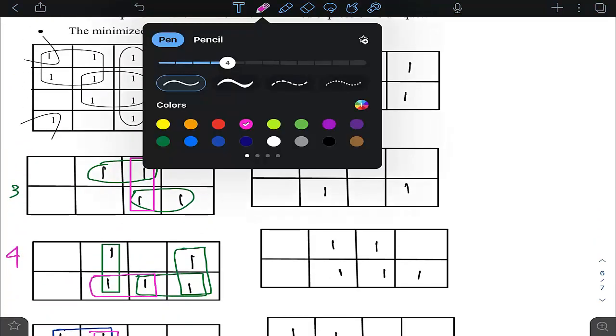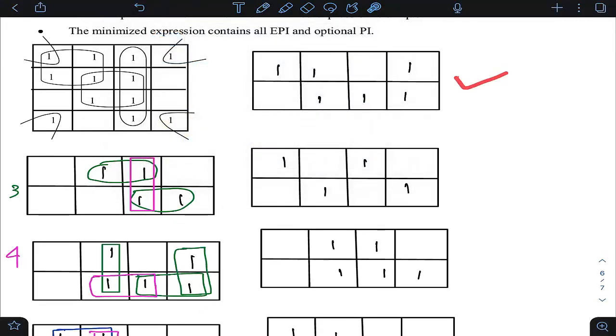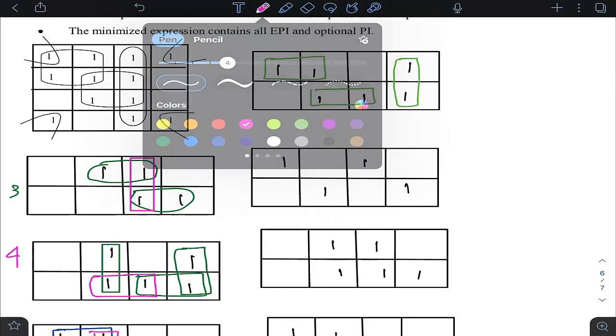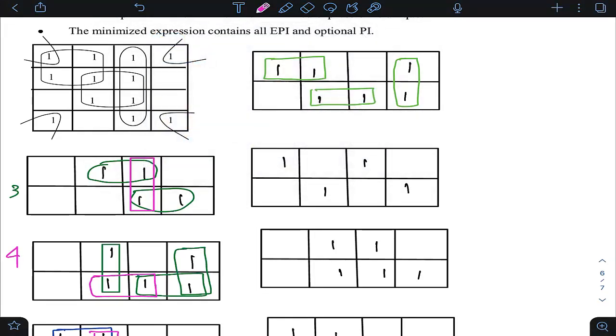Similarly, let us do here. In this case, how many groupings can you do? So this is one group. This is one more group, 2. This is one more group. If the question had asked for the minimized expression, I would have stopped here. But while finding PI, you again check what the other possibilities are. Even though it is not needed, you need to check. So I can clearly see